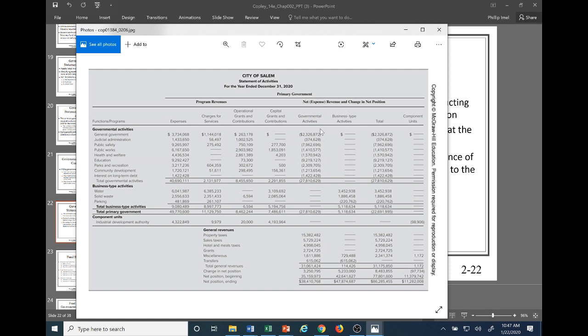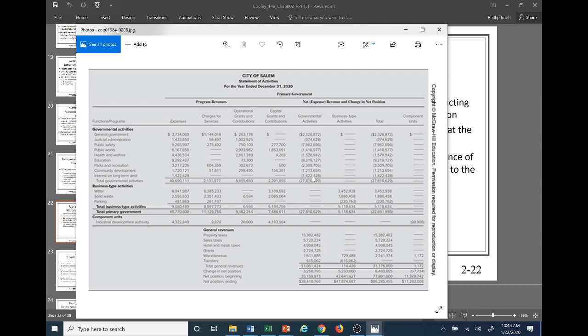So for governmental activities here, obviously, we can see all this. This amount here is the expense, adding back the revenues, and that's the difference. So obviously we see we lost money on every single one of these governmental activities. That's why we only put the activities with the expense, and we add back the actual program revenues that can be related to each activity, so we can see how the activities perform on their own. So here's the difference. So if you would add these two amounts to this, we would still have lost this much money, okay? So you notice nothing's listed here because these are not governmental activities, these are business type activities,